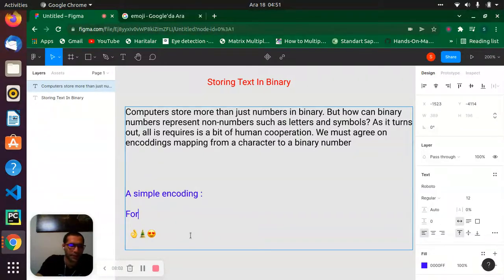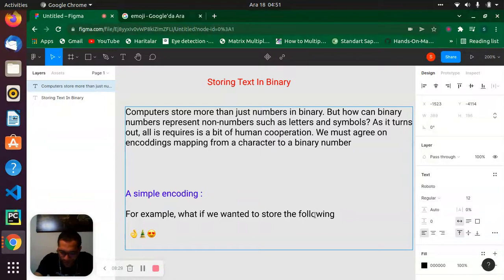For example, what if we wanted to store the following symbols in binary?